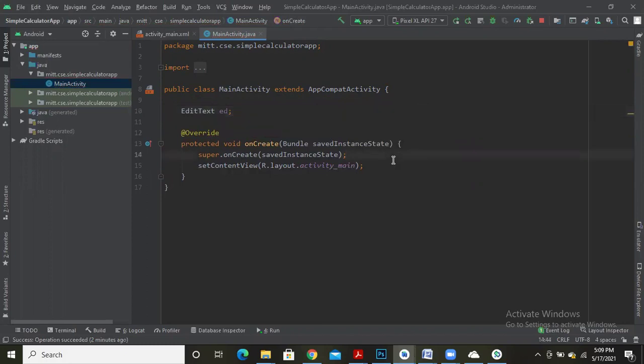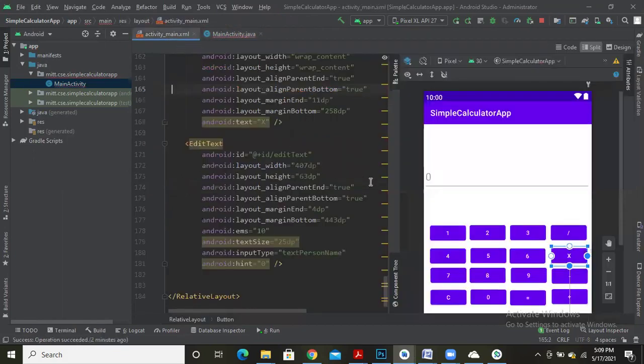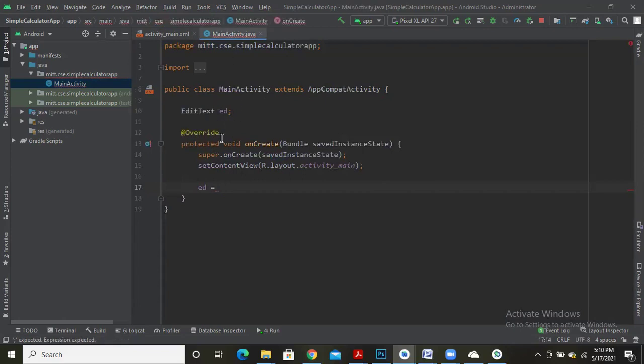Inside the onCreate function, let me map the variable of the edit text field ED to the XML ID of the edit text which is created in the XML file. The name of the ID for the edit text field in the XML file is edit text. Let me map that to a variable of the edit text field in Java.